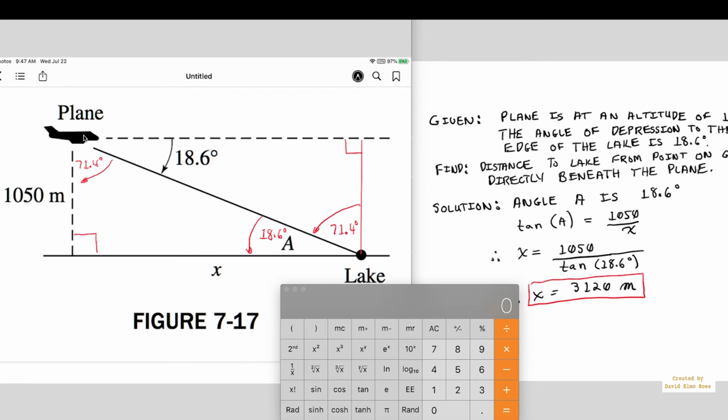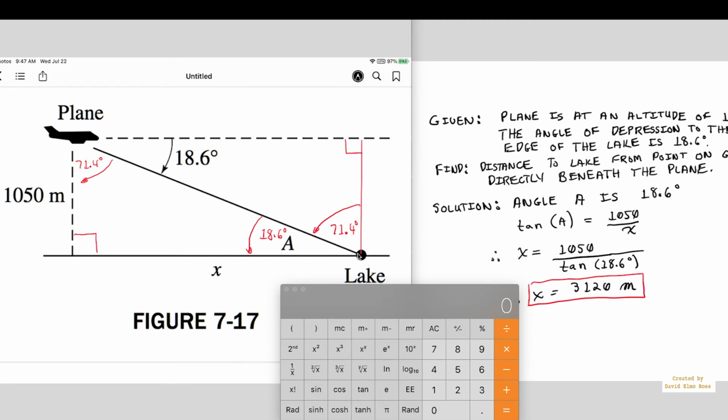Now in the case that we have here, we have a plane flying horizontally above the ground, and it takes a reading to the edge of the lake at an angle of depression, because it's below the horizontal, of 18.6 degrees. Now what this problem is asking is at this particular point in time, when it's 1,050 meters above this point on the ground,